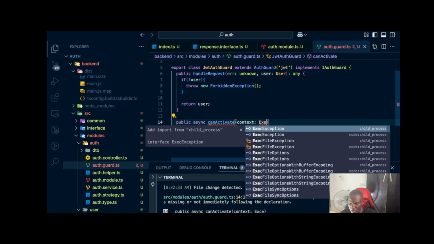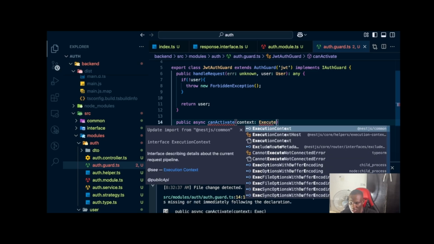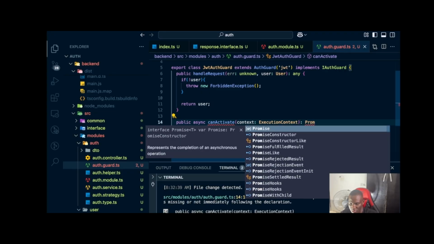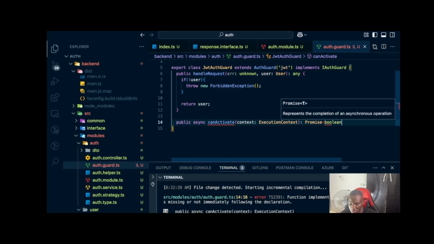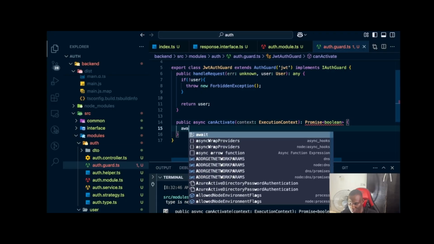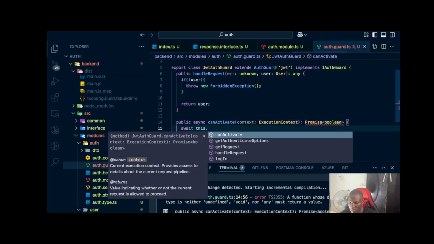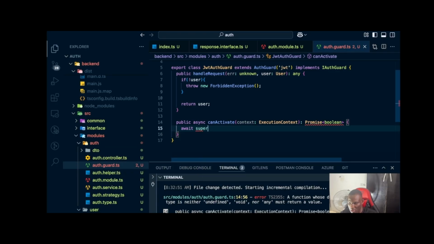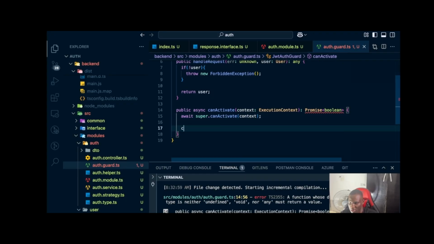So this execute context, and this will return a promise, and this will be a boolean. So if users have the right key, then they can move forward with their request. If not,